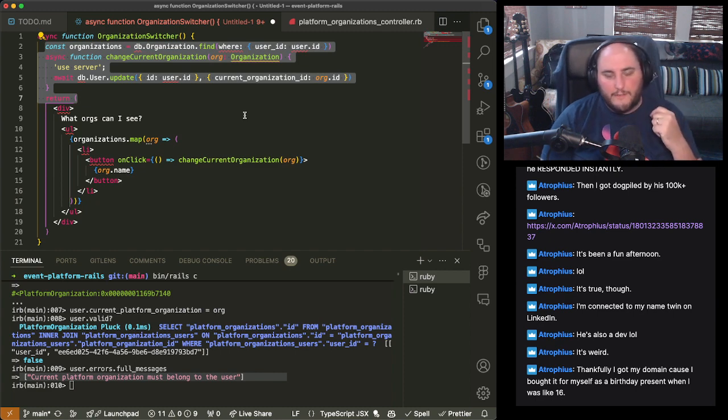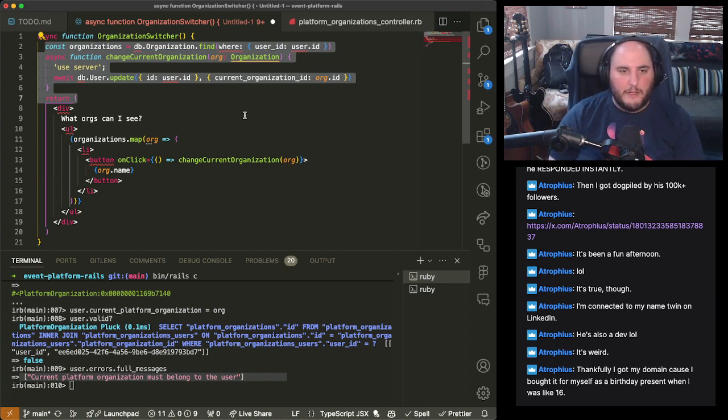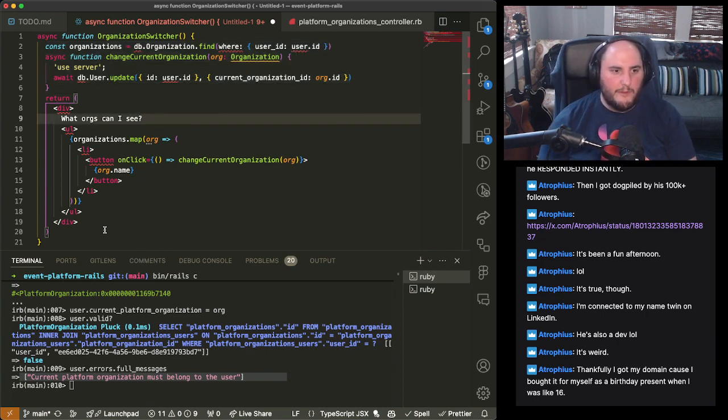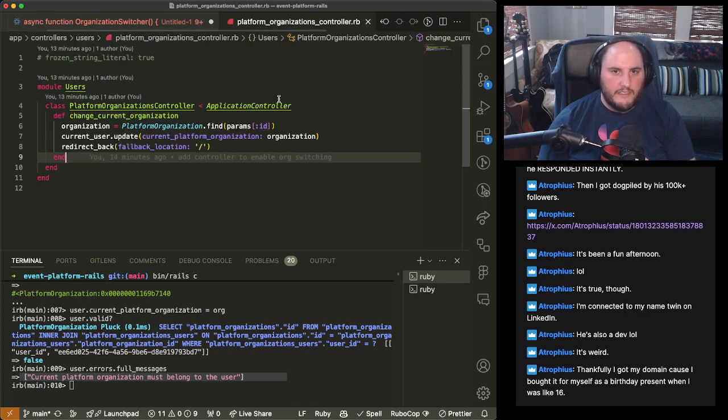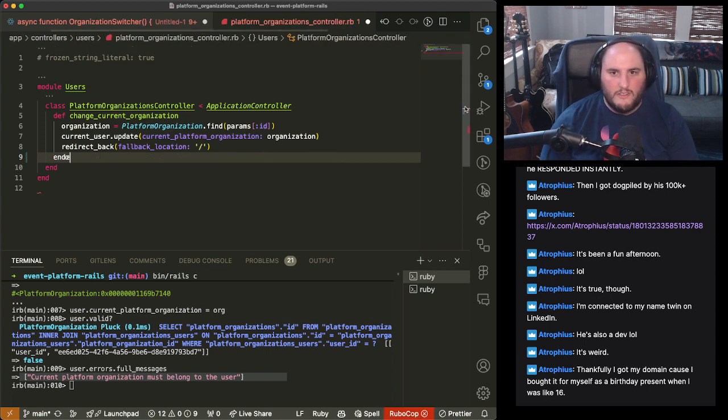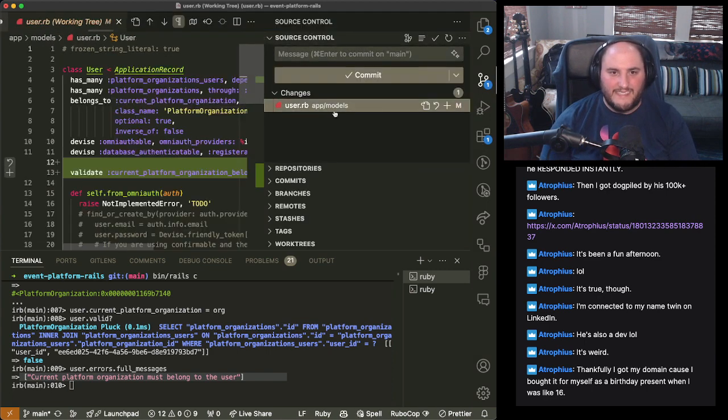Well, it doesn't matter. I was hoping it was smarter than that. I'll probably go clip the other part of it and tell y'all, or maybe I'll retweet it later. But this is cool. We went from doing this in React to this in Rails, and I think it all makes sense.